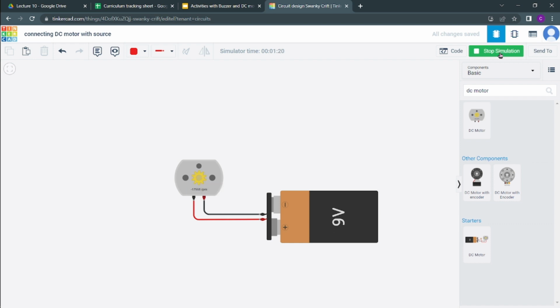Now just click on stop simulation and change over the connections. Whatever you have connected over here, connect it here, and this to here. Your black terminal goes to the negative terminal of the battery, and this red gets connected to the positive